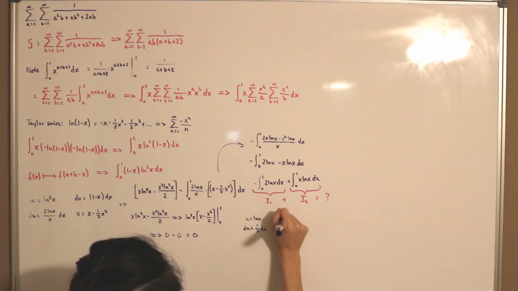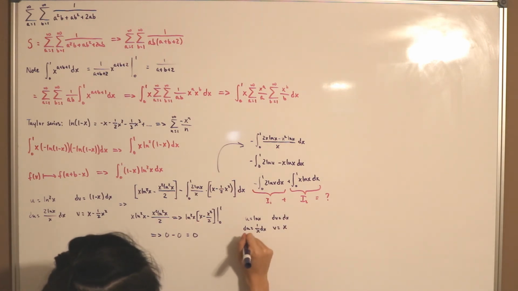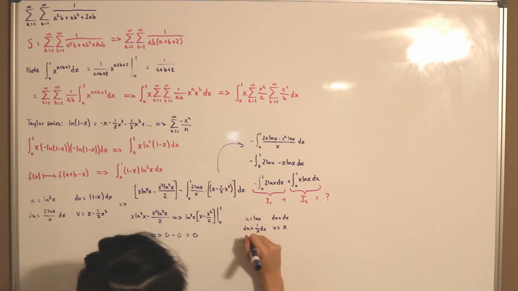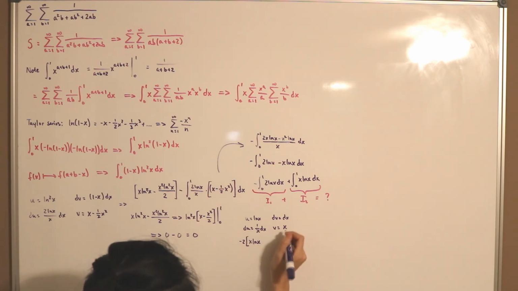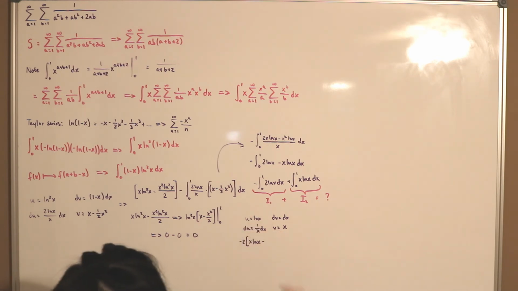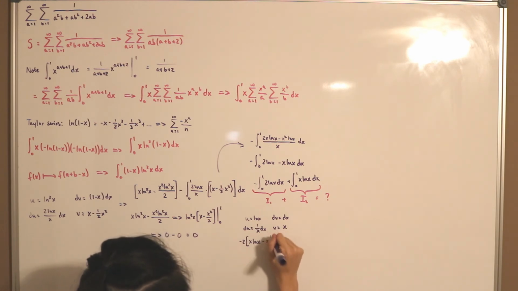Then dv is equal to dx, v is equal to x. Then combining together, it's x ln of x, then minus the integral of v times du, so x times 1 over x is just 1, so it's x,